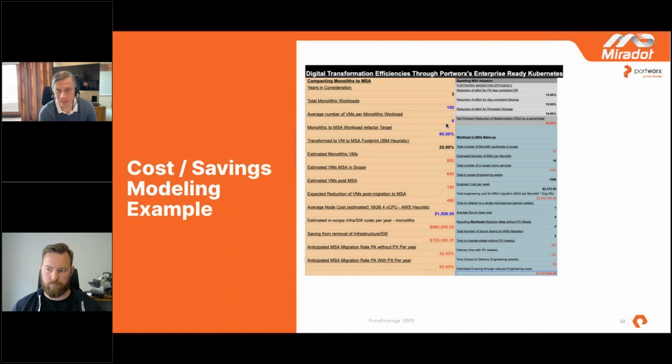And then the reduction in effort when the system's persistent storage is taken care of, right? And you don't need to highly available it at the application tier. How much of effort is removed there? And all this equates to an estimated build-up of velocity that gets you in. And then you can build all those things into a model based on how much an engineer costs, how much do you pay your engineer, how long are the sprints, and so on.